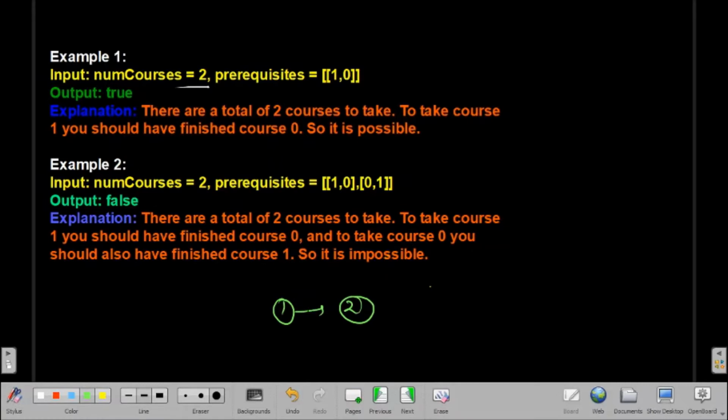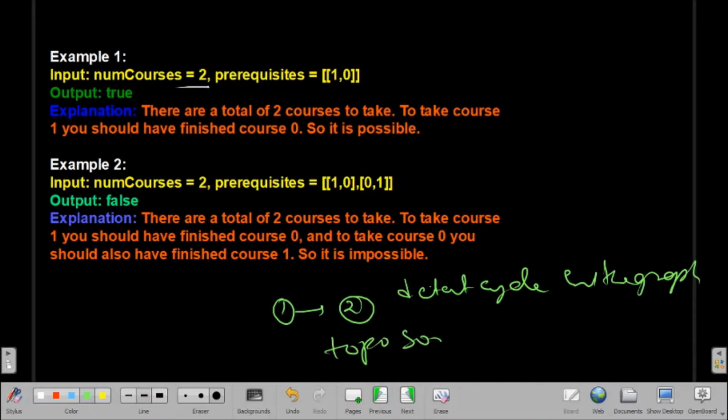In the same way, topological sorting also works, and using that we can detect a cycle in the graph. In topological sorting, if we have any cycle, at that time it also returns false.